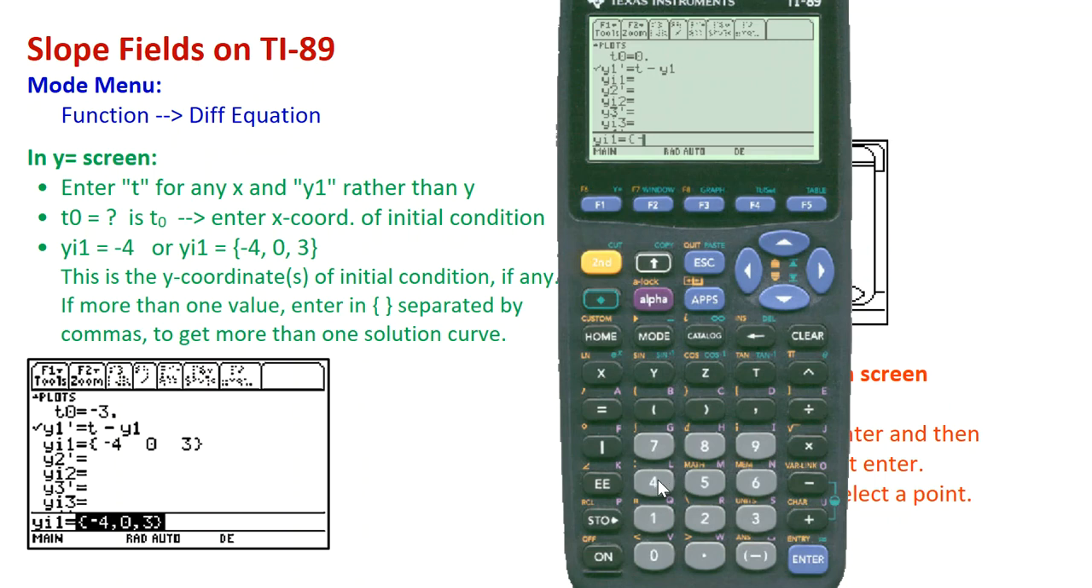So I'm going to have a y coordinate of -4, separate with a comma, and a y coordinate of 0, comma, and that y coordinate of 3 that we saw a minute ago, and then second key to close our set bracket. So all of these, our initial x coordinate is still 0, but we have 3 different initial y values. And now when we go to the graph,